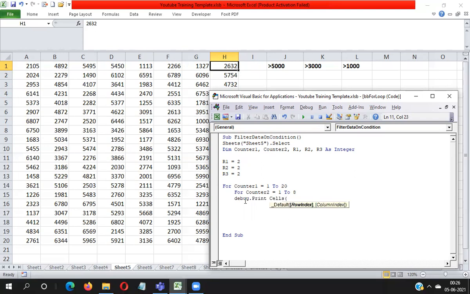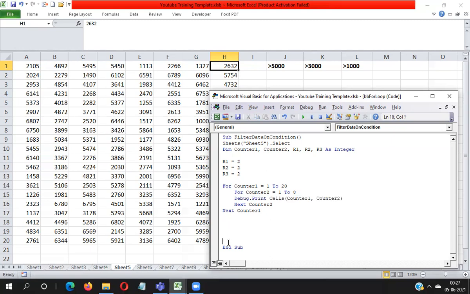So here I'm closing Next counter2 and Next counter1. I'm just trying to tell you through this line how we can read out this value, whatever value I'm looking in row and column.